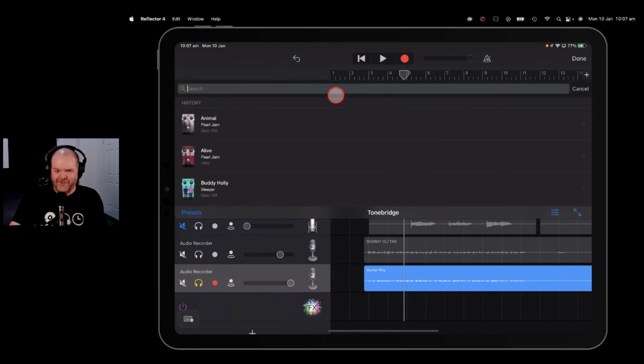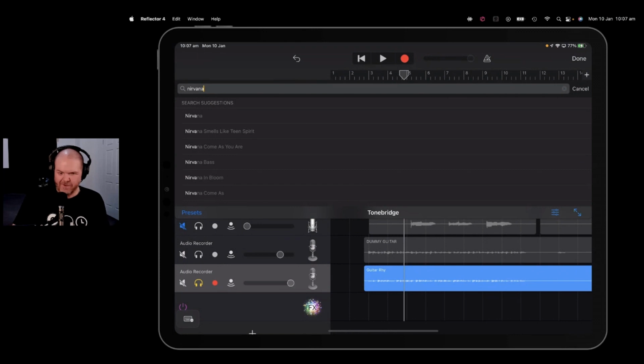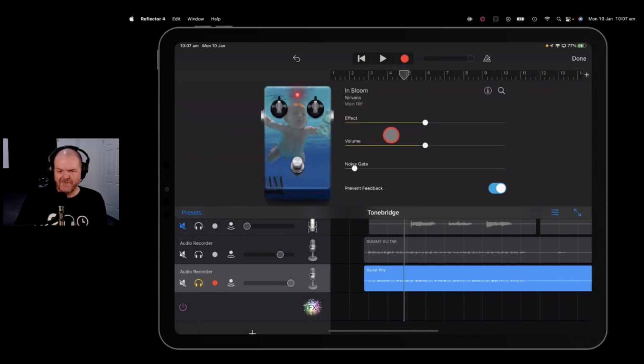Let's try a different tone here, shall we? What if we went with, say, a Nirvana tone on this one? So if we type in Nirvana, it's going to search that, and it's going to find a whole lot of different Nirvana songs. Now, why don't we go with In Bloom? That's one of my favorite Nirvana songs, and this could be a cool effect to play. So we can have the effect up there. We can come back to the start of our track, and now if we play it,